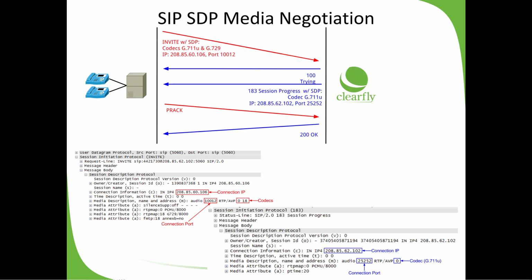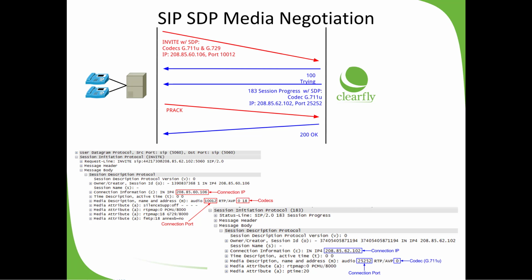Clearfly then responds with a 183 session progress response that contains our SDP. G.711 MULA is acceptable, so that is the only codec we include in our message. Our connection IP in this example is 208.85.62.102, and Clearfly's standard range of RTP ports is 20,000 through 29,999. Our port is in that range, in this case 25252, so we want the phone system to send RTP traffic to